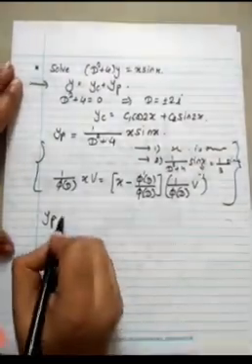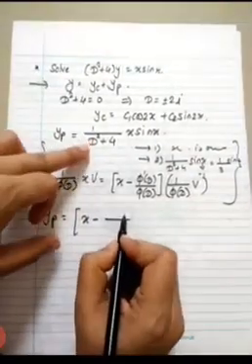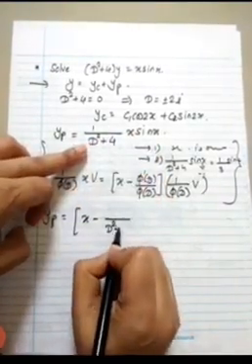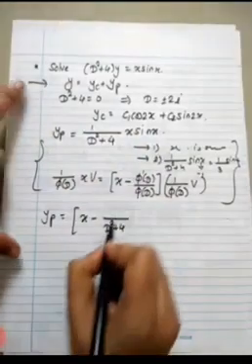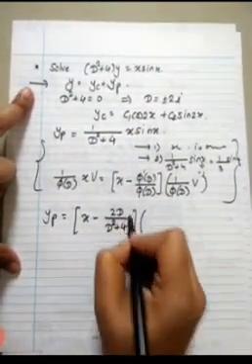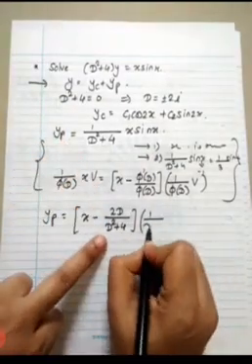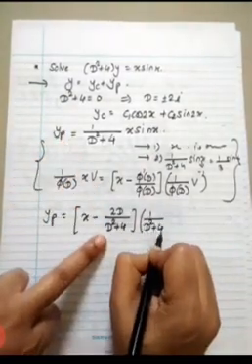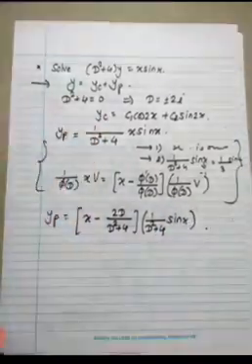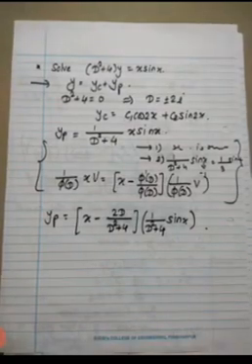So our yp becomes x minus 2D upon D square plus 4. This is your φ(D); write it here as it is. Its derivative is 2D. Then x upon D square plus 4, that is 1 upon φ(D), into sin x. So just by the formula we have to write this.